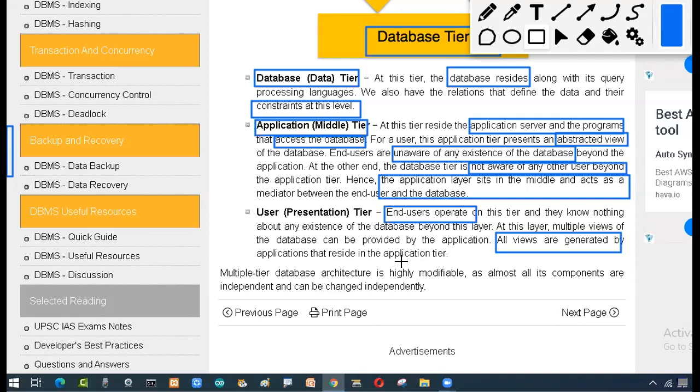That means for the users, what application has to be visible, and for the admin, what application. Suppose I am the admin, or I am the manager of the bank, I want to know today's transactions.